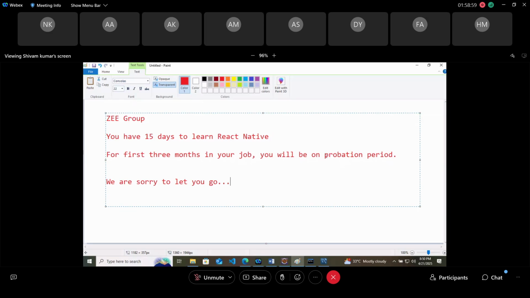Within this probation period, they can say it anytime. If your performance is not up to the mark, at least you should show some intent that you are learning.